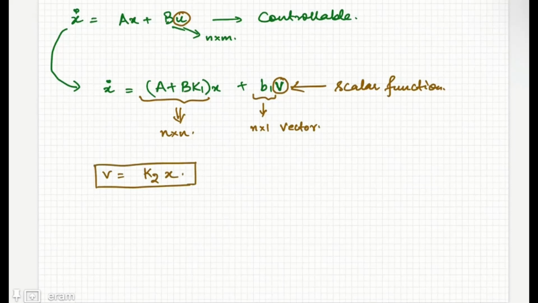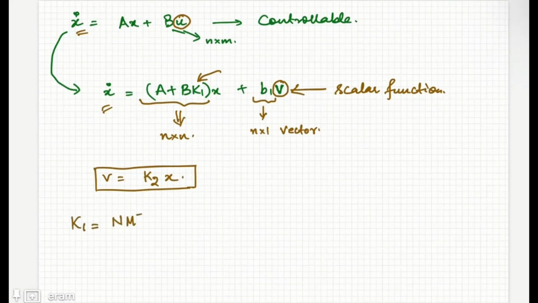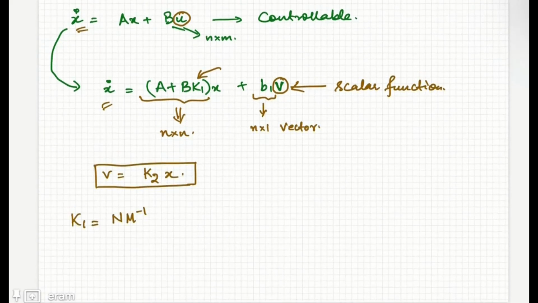Now if this system can be converted to this single input form, then how can we design this K1? What would be this K1? For such systems, K1 is given as some matrix N into M inverse. Now what are these N and M matrices? There is a procedure to construct N and M. First we have to check for the controllability, if the system is controllable. For the multi-input case I am talking about,